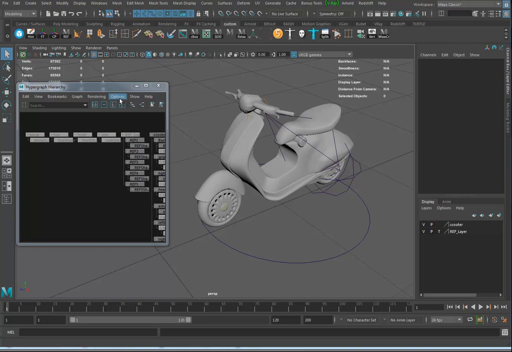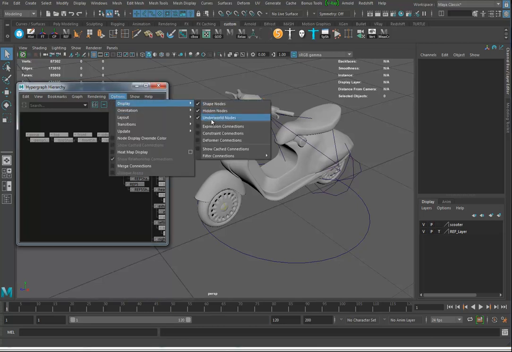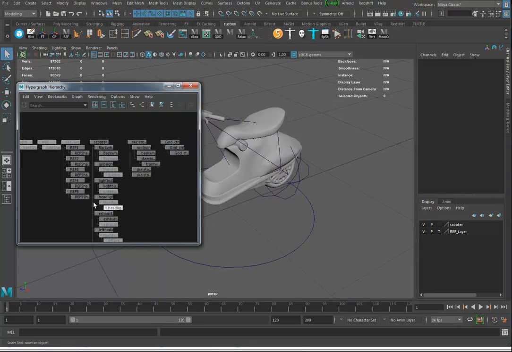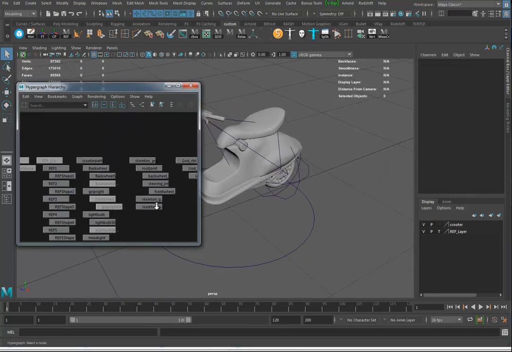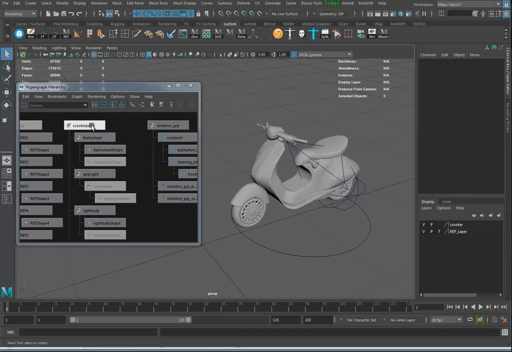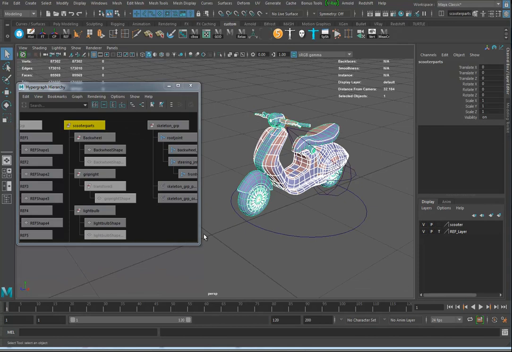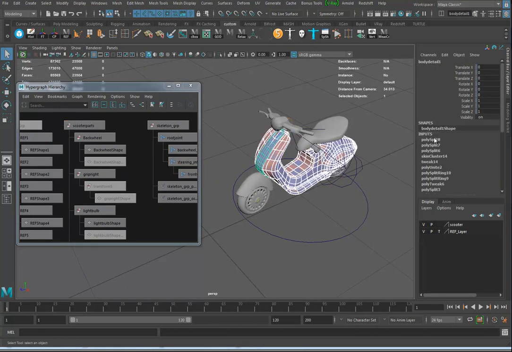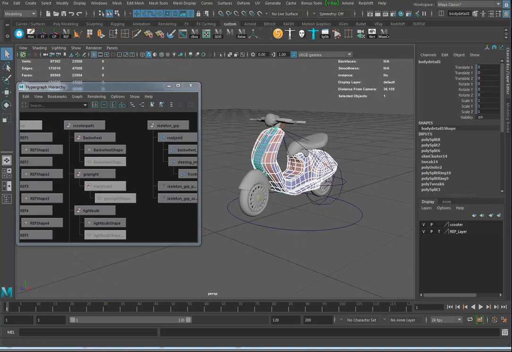Remember, whenever you're looking at my hypergraph, I always go in here and display shape hidden underworld nodes, and that way I can see what's going on. So the first question was, there's these funny little transparency kind of nodes in here. Well, those are coming from your history. Okay, if I take a look, say the body, lots of history, and it's turning all these funny colors because